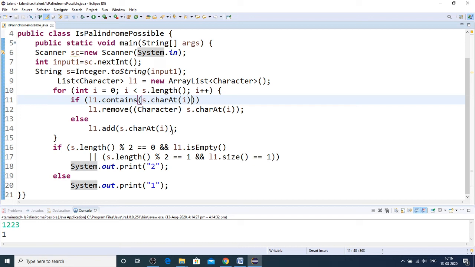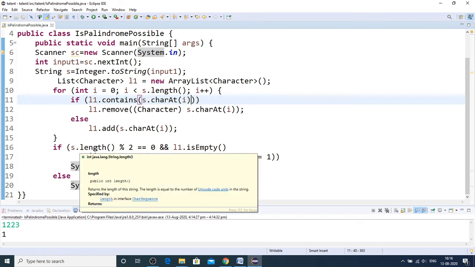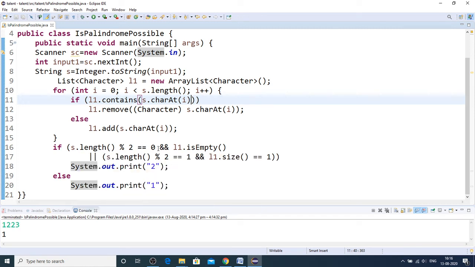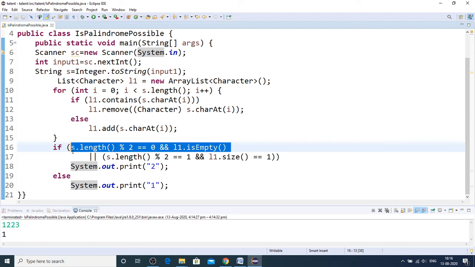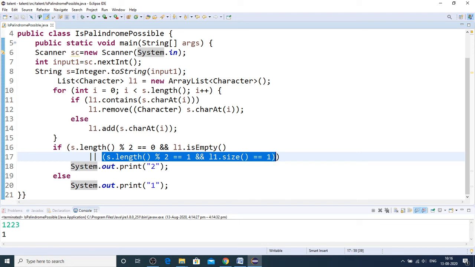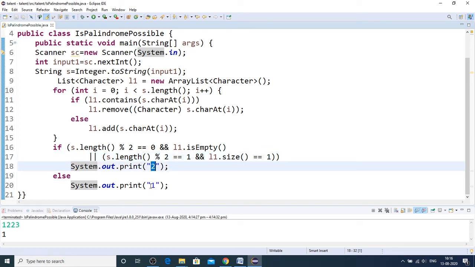I'm adding it to the list, and I'm checking a simple constraint: if the given input length is even, or the list to which I have added unfound digits is empty. This is the first condition which I am checking. So if this condition holds true, that indicates that the given number can be a palindrome with rearranging of digit positions, and that's why here I am returning 2, otherwise I am returning 1.